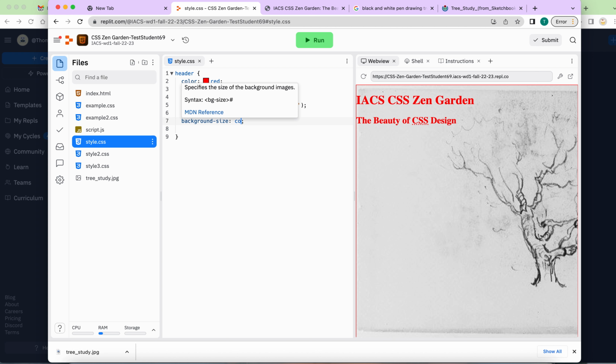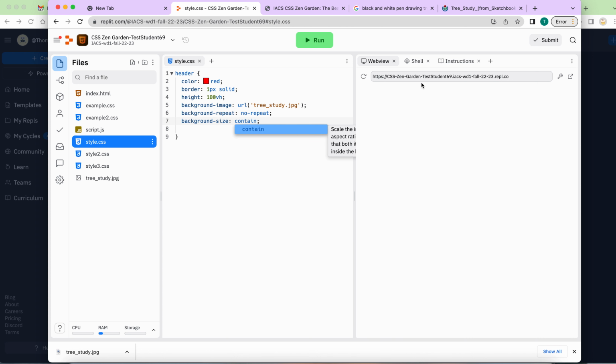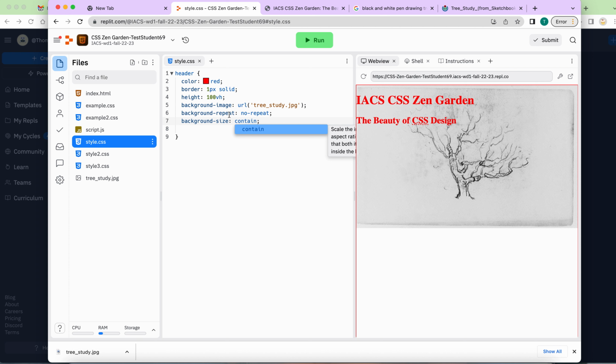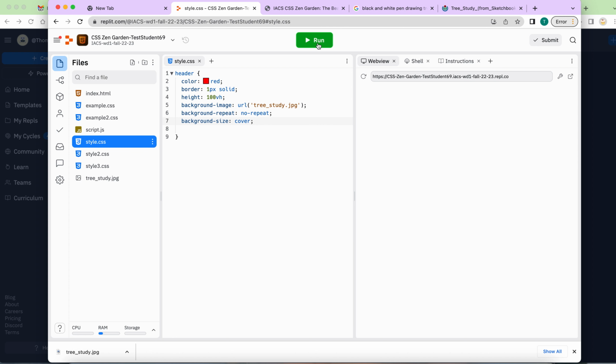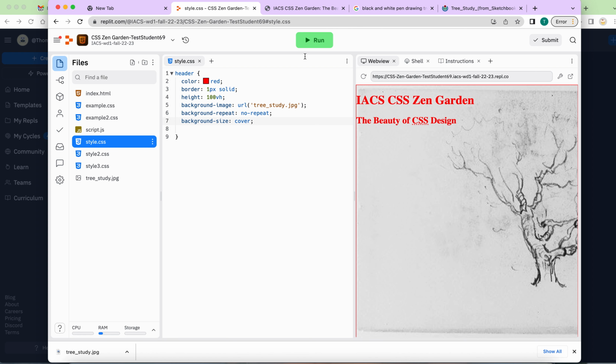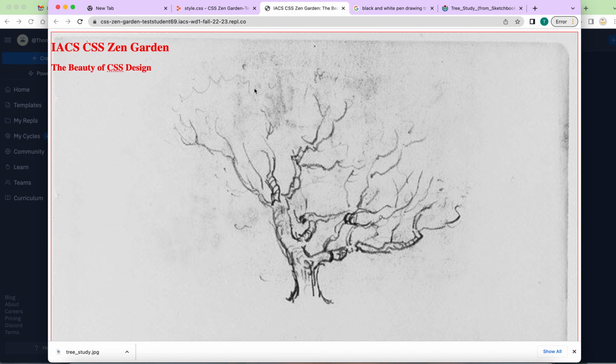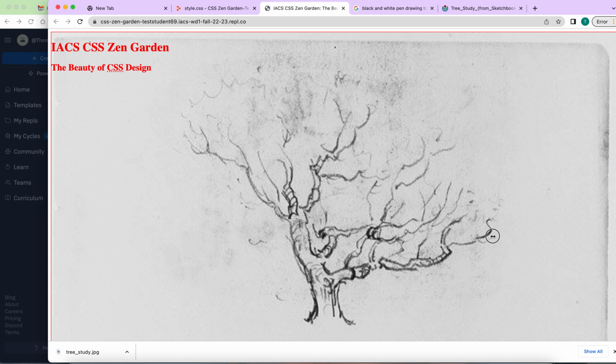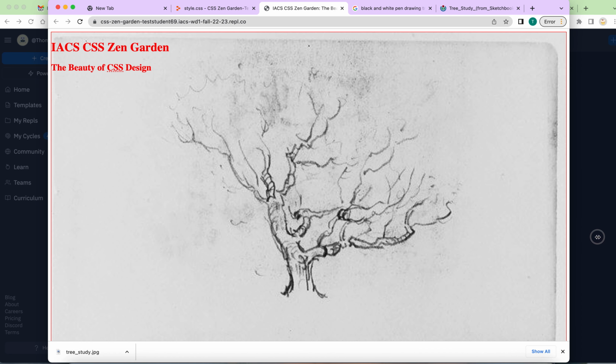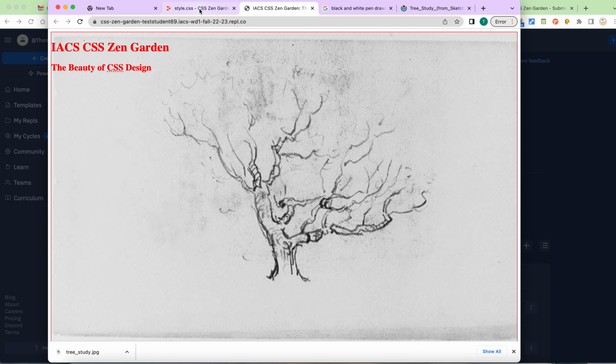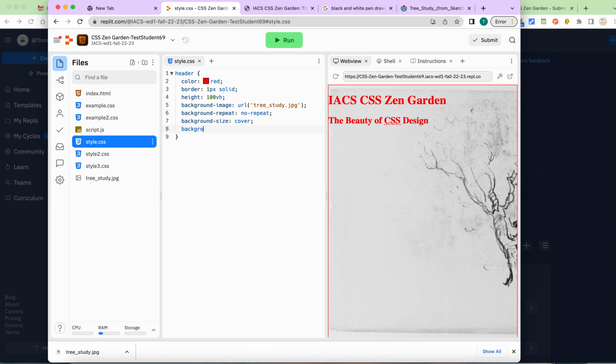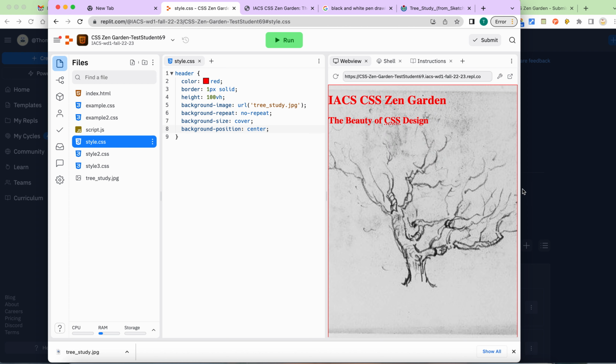If I wanted to say background size contain, I'll show you what that looks like instead. That'll make it fit in the page. So I think I want mine to actually cover the page the way that it just did. Perfect. Now this is a little bit tricky because my design is going to look different at different sizes. It starts in the top left by default, so usually what you want is for your image to be centered. So I'm going to say background position center, and I'll show you how that looks. So now my tree is centered